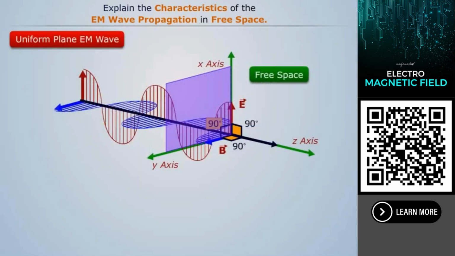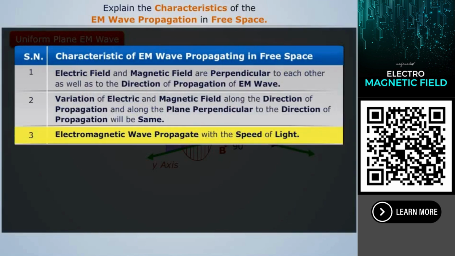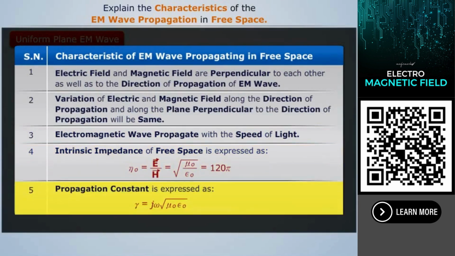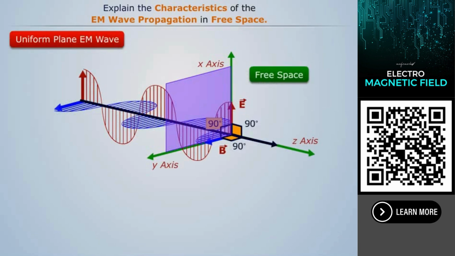Some other characteristics of EM wave in free space are: electromagnetic wave propagates with the speed of light. Intrinsic impedance of free space is expressed as, propagation constant is expressed as. Thus, the characteristics of EM wave in free space are: